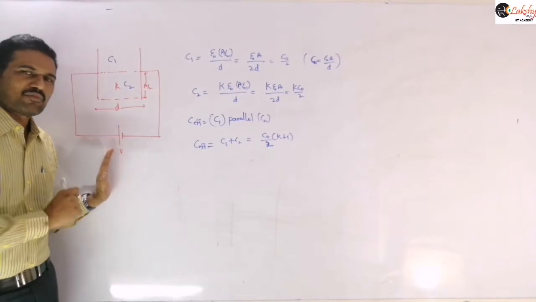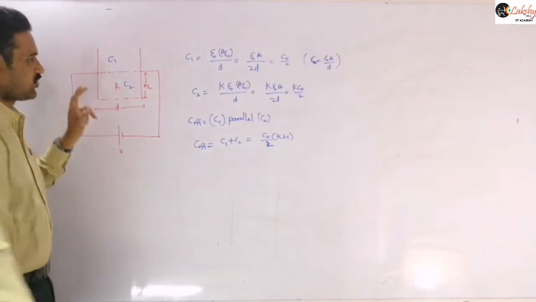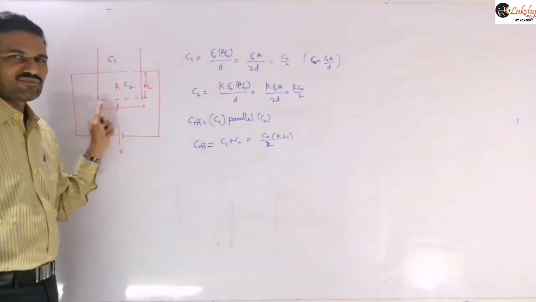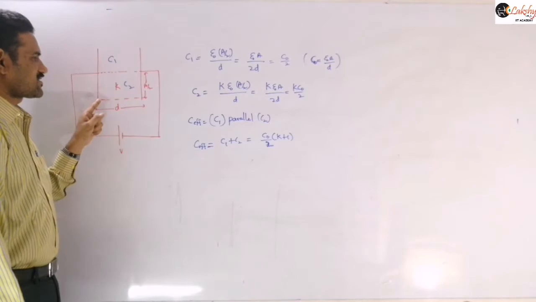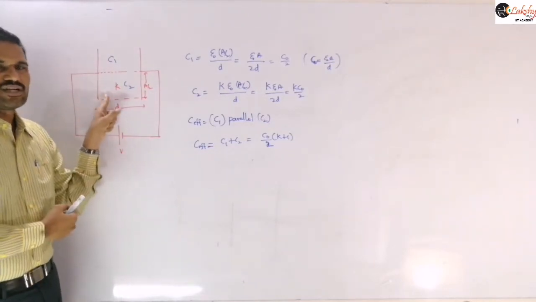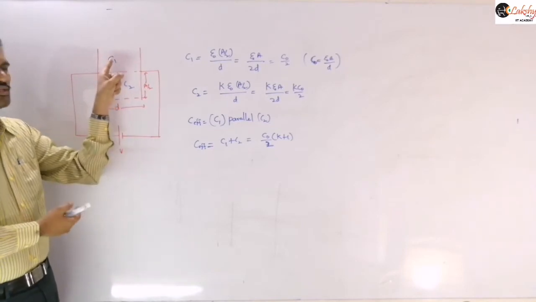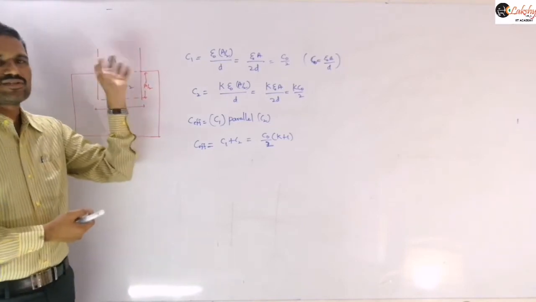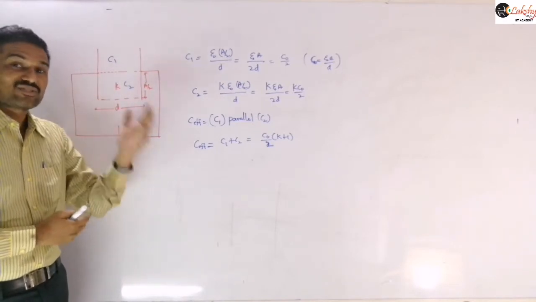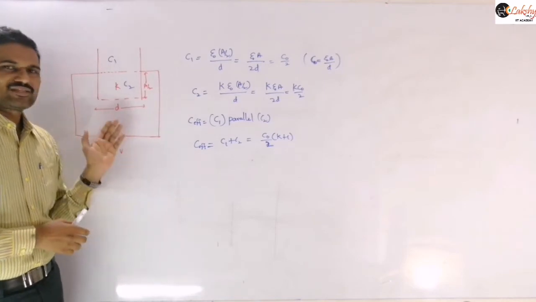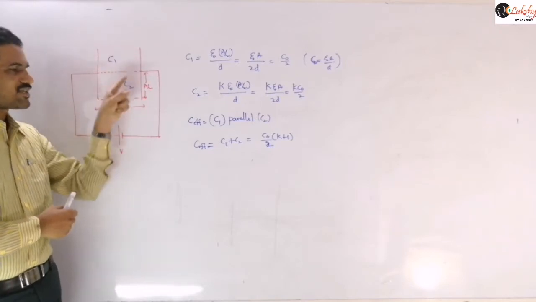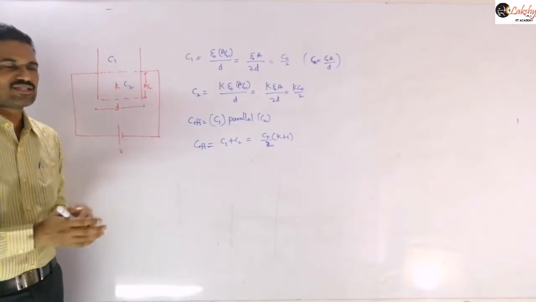So the charges must be different, because whatever potential difference is there here, the same potential difference will be there here also. So the charges on the lower half and upper half must be different, because a dielectric is there. Suppose the same charge existed here, and the potential difference here is V0, then here it should be V0 by 2, because the dielectric medium is there. If the same charge exists, I am saying. But here the same charge is not possible. They will adjust themselves such that the potential difference across the combination is the same. So the charges will be different here.